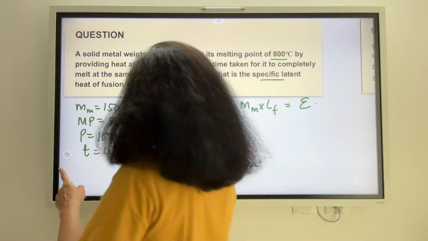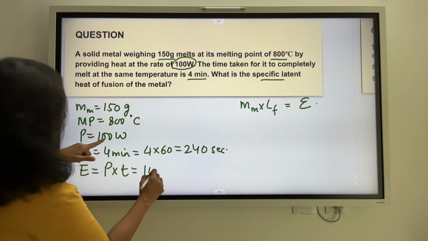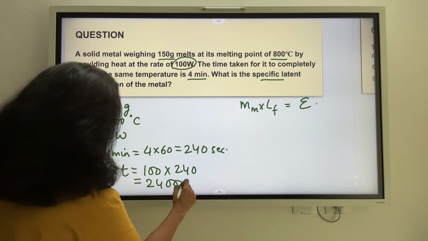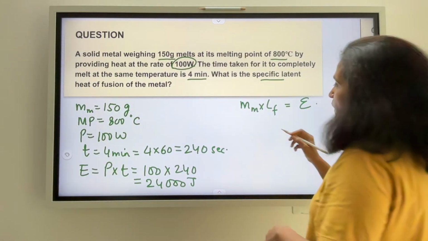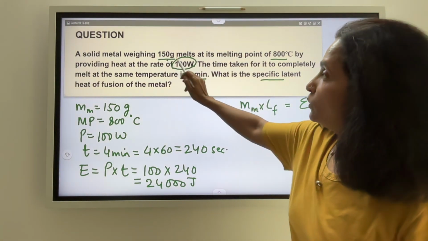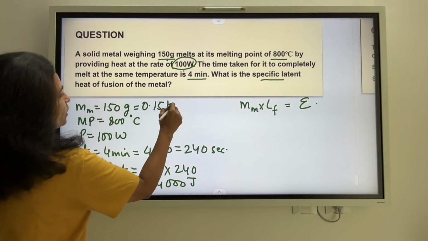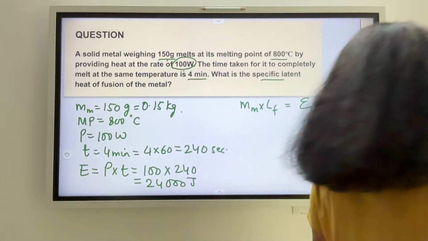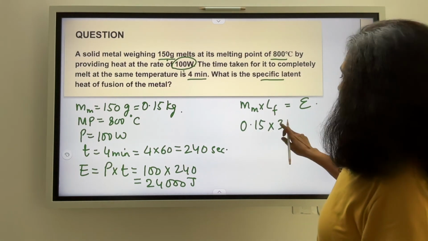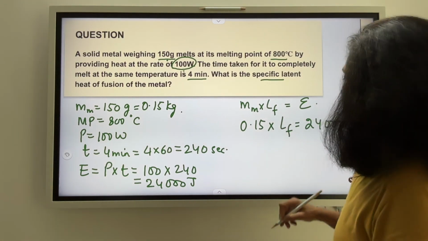Now what is the energy absorbed? How do I find out the energy absorbed? Now energy is nothing but equal to power into time. So if I know the power, I know the time, I know the energy consumption of 24,000 joule. So करना क्या है? Mass of metal is something. अच्छा, now I have to be careful converting my gram into kilogram. ये ऐसा unit है. So what do I do? This is 0.15 kilogram. Right? तो छोटे छोटे details पे ध्यान देना है. So this is 0.15 into what is this, the value which I have to calculate, and this is equal to 24,000. बस हो गया जी.